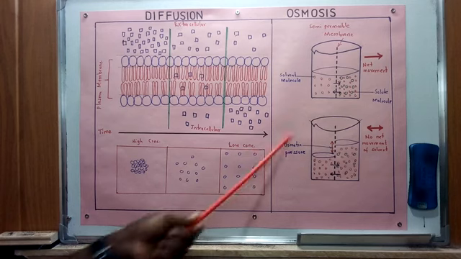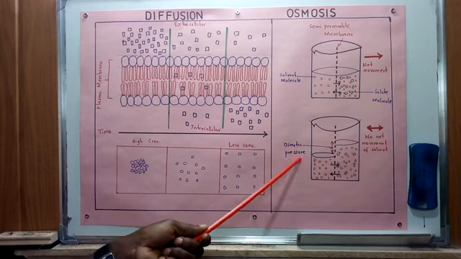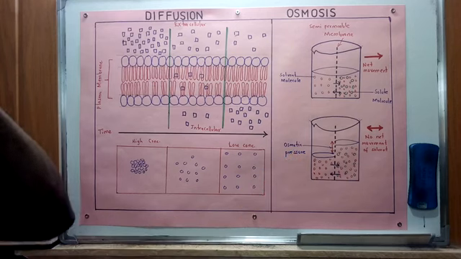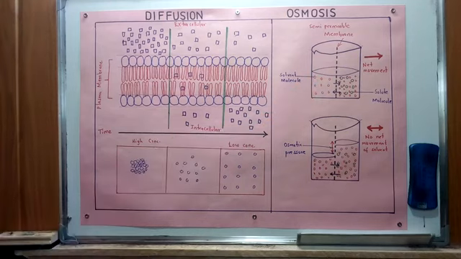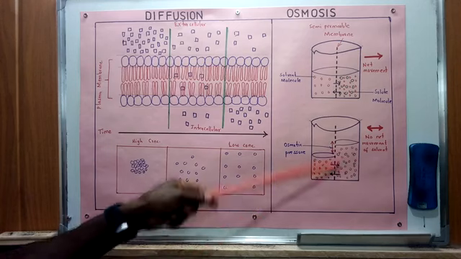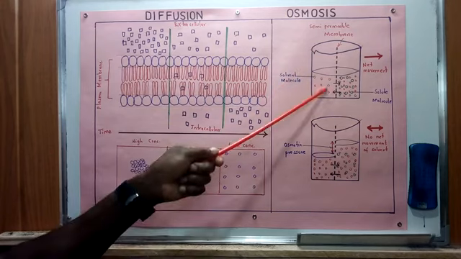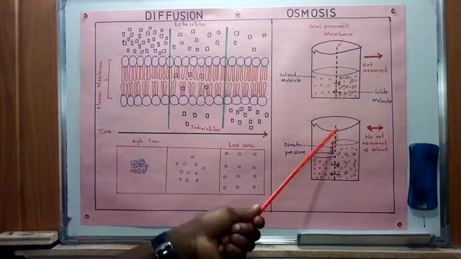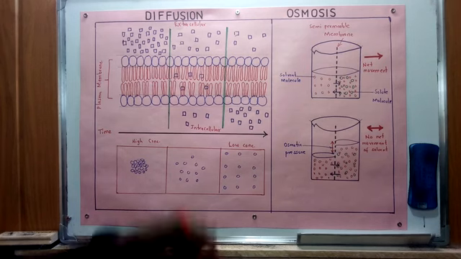Now, whenever this particular process has attained equilibrium and there's an osmotic pressure that exists between the two, then we're going to have no net movement of the solvent molecules as illustrated in this specific case. But we can see that there's an overall movement of these specific molecules, which has resulted in this specific osmotic pressure. Now, in our second discussion, we're going to look at the specific role of this particular process of osmosis